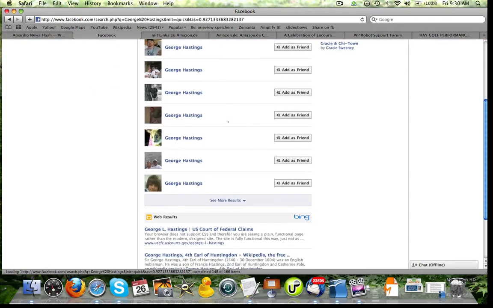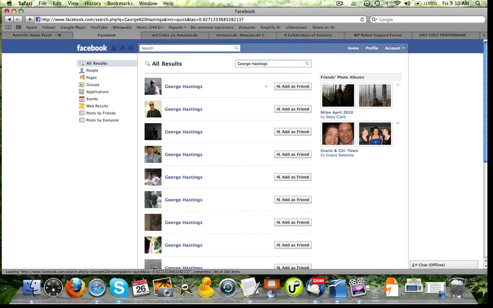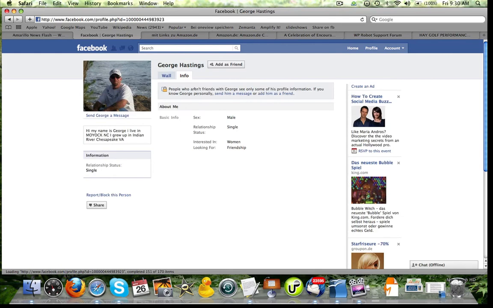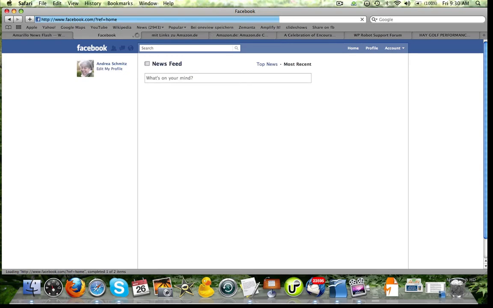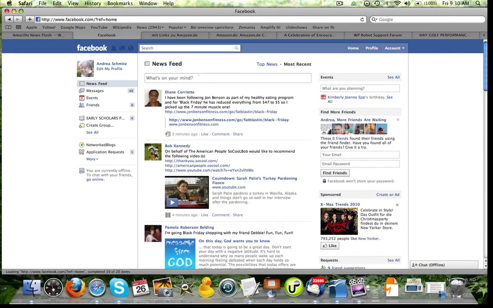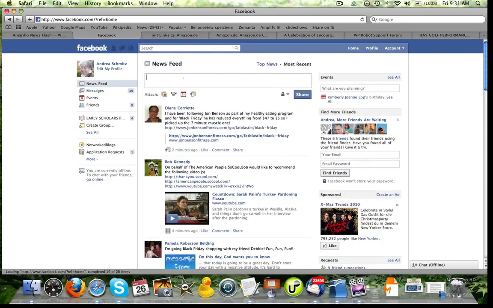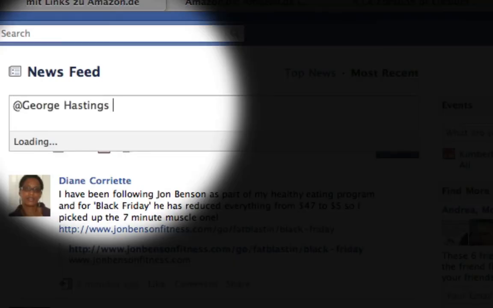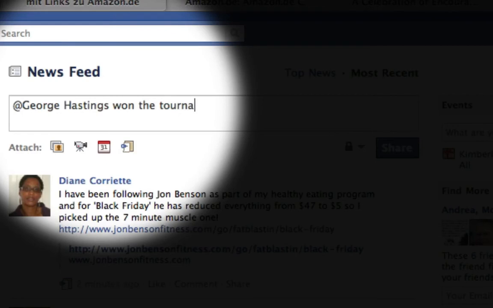But this is a social thing. If he's on Facebook, let's say that's him, it's probably not, New York City, North Carolina. If he was on Facebook, then all of his friends are on Facebook, and a lot of them are going to be local. So what you're doing is, if you write up here something like, George Hastings won the tournament, closest to the hole, and have fun at the game tonight,